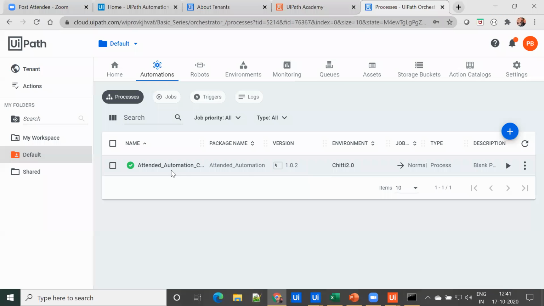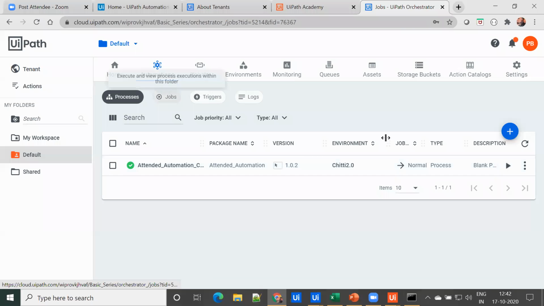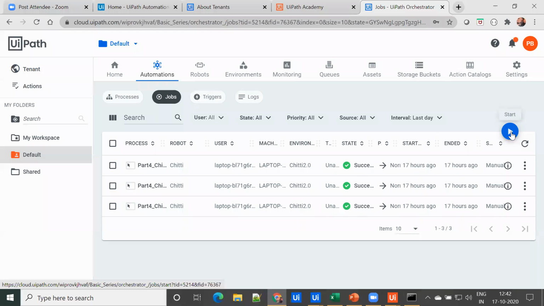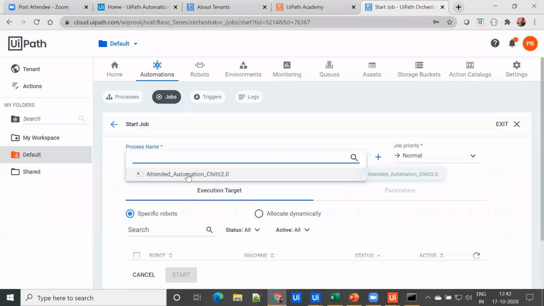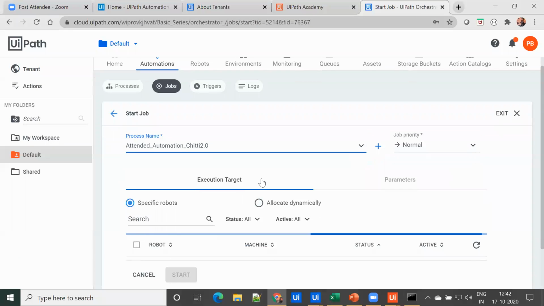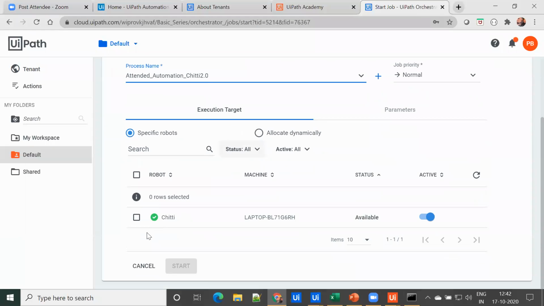Now we have to start it, right? We have to trigger it. How can we trigger it? We can either trigger from here, start a job, or we can go to jobs and start. We select the process name and select a robot on which it runs.